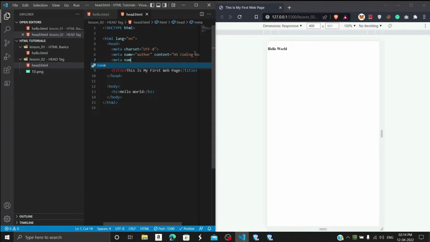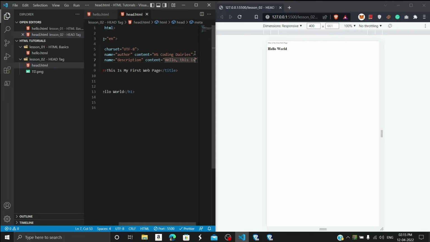Meta again, name basically for content ID, and I'm going to name it as description. And then I'm going to add some content related to what my whole web page is all about. So I'm just going to add: Hello, this is my first web page using HTML where I am learning how to create and utilize metadata